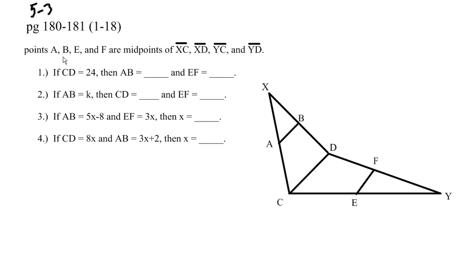So first we're going to start. These first couple problems say that A, B, E, and F are midpoints of these things here. So I'm just going to label these two congruent, these two congruent, this guy is equal to this guy, and that one's equal to that one. First question says if CD is 24,